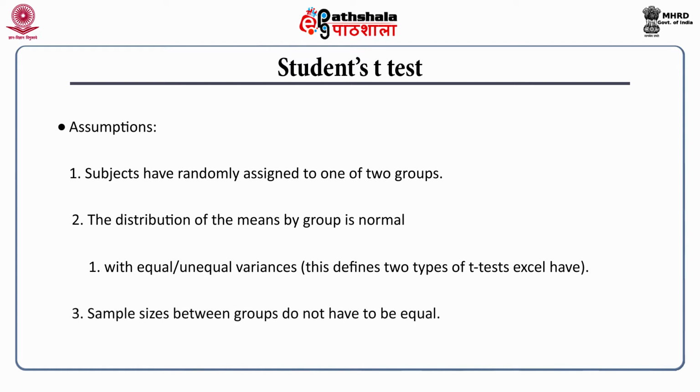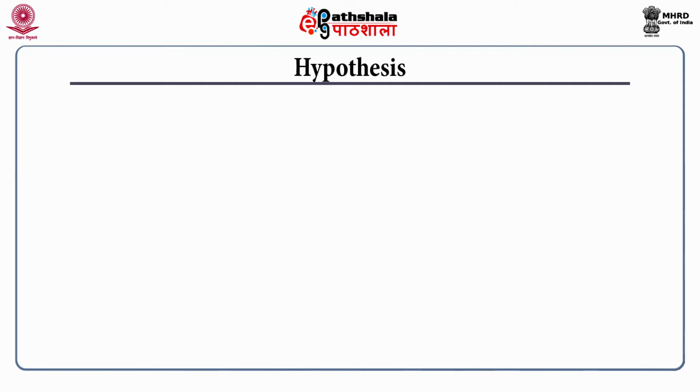Now the third one is that the sample sizes between the two groups do not have to be equal. So sample sizes can vary, but the variances have to be approximately equal. The hypothesis of the t-test is that